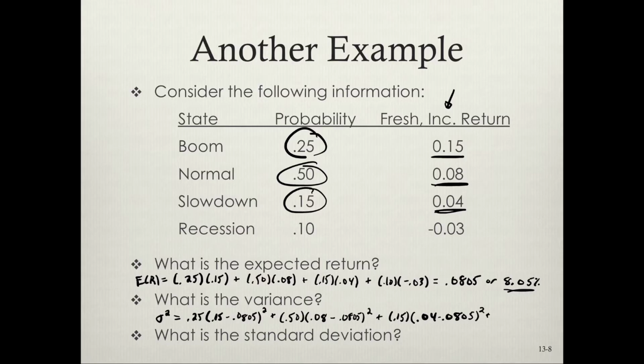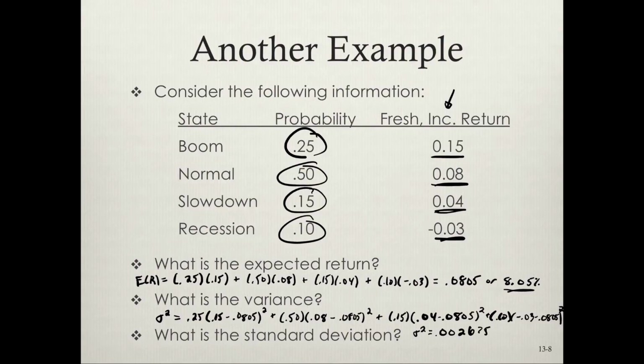We square it, and we do it one more time for the recession, where we have a 10% probability. The return in that case is a negative 0.03 minus 0.0805, and we square it. So we take the sum of the square deviations from the mean multiplied by the probability of each economic condition occurring, and what we end up getting is a variance value equal to